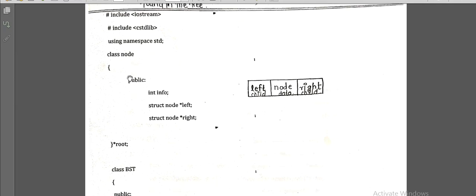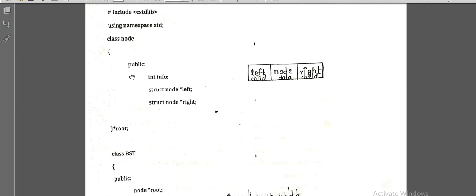Now here we have created one class called node. This class node is having the information of the node that we are going to store in the tree. So each node will have some fields, and one field is the information field, whatever information we are having according to that node, we are going to store over here. And then we are also having the left and right pointer. So you can see here the left and the right pointer we are having.